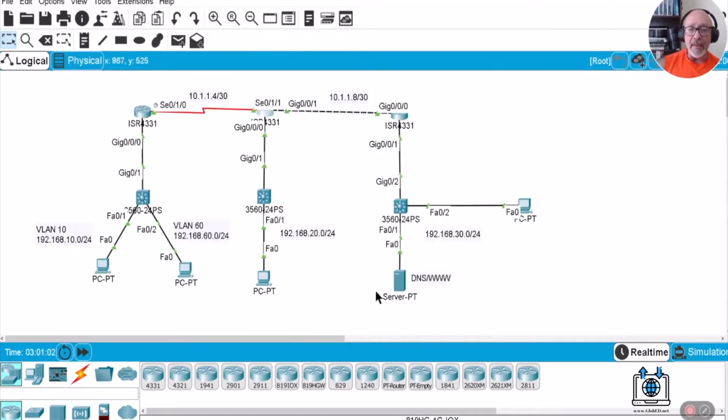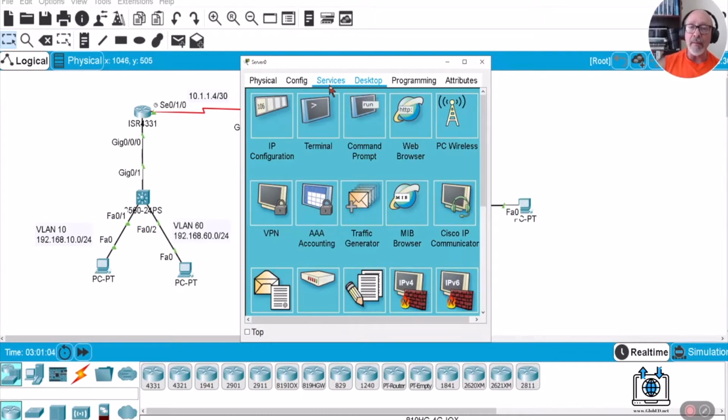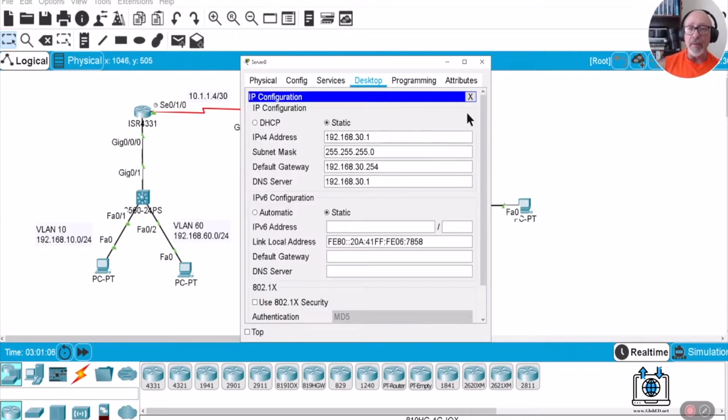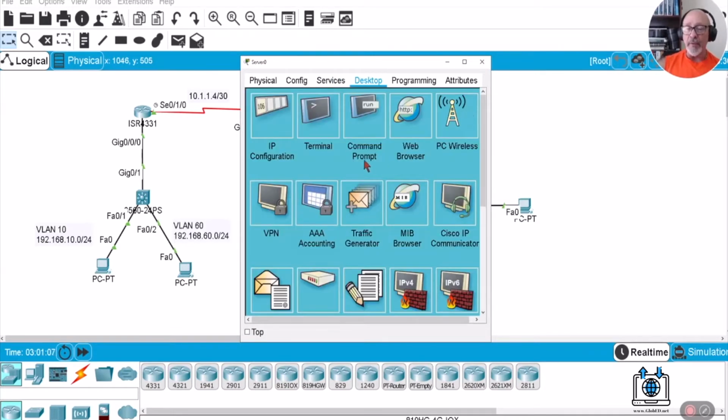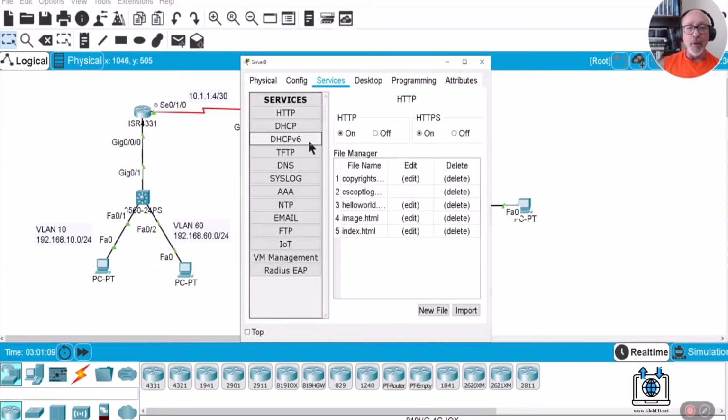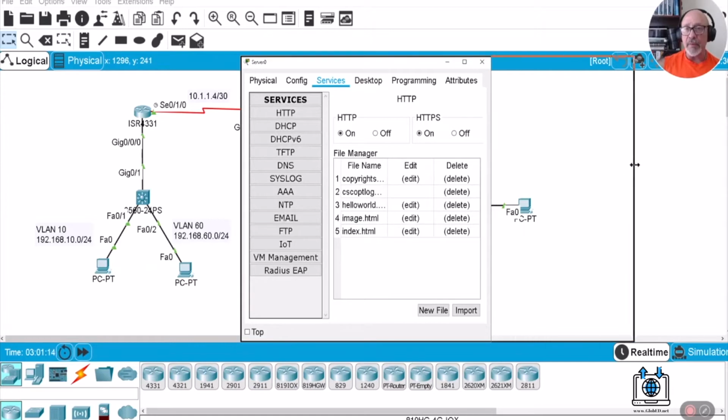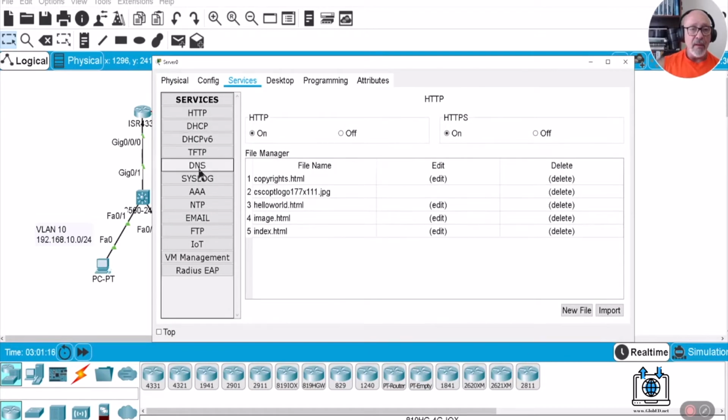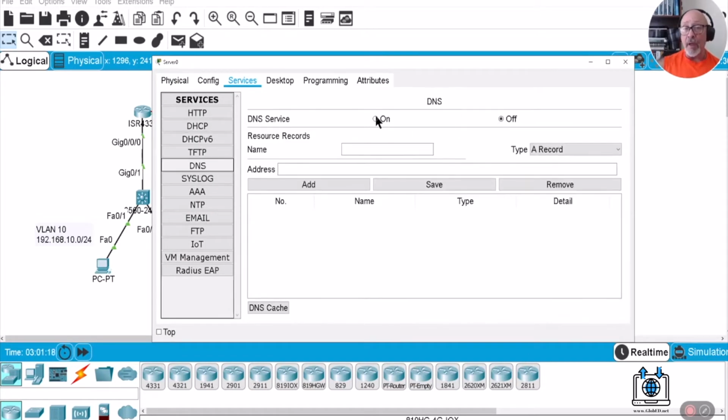So we minimize this, we go to a server, and by no stretch of the imagination is this how you configure a DNS server in a real world environment. All right, so DNS, let's open this up here. So we go to DNS, turn on. This is one of the things I always do, I forget to turn it on. So the domain name is globed.net, and we're going to create that so we can actually see a web page,